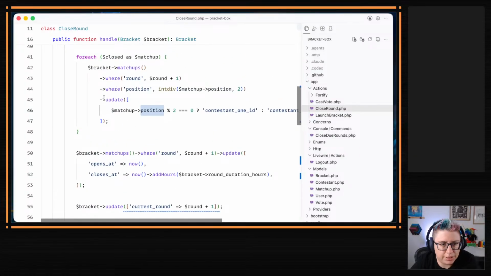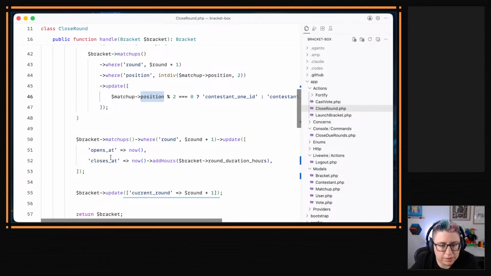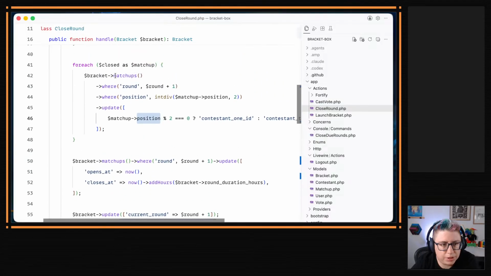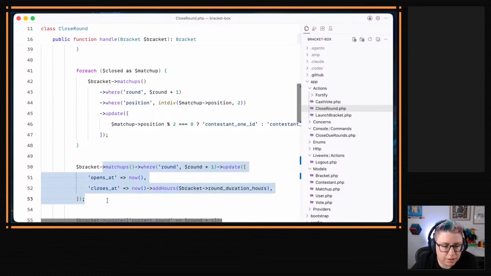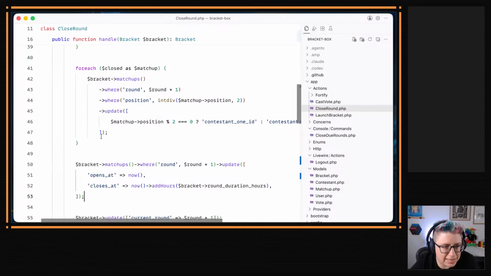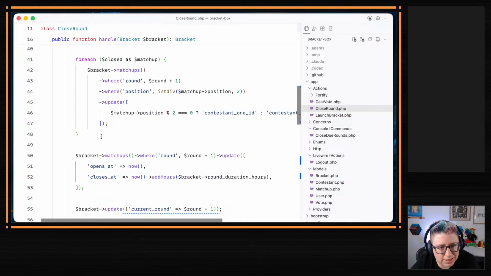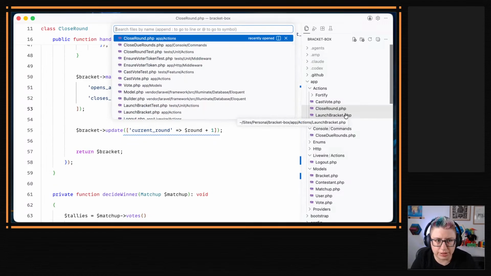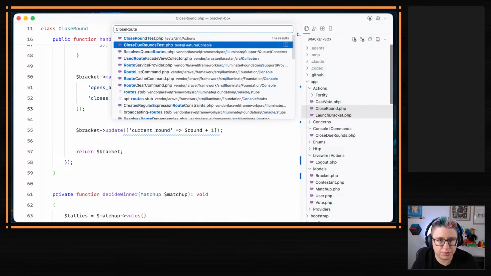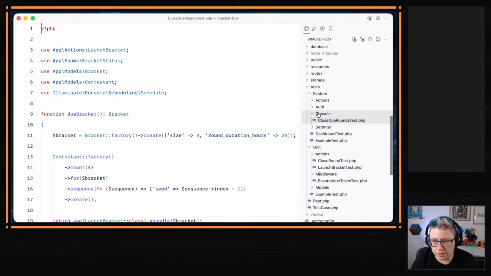Again, we're doing a lot of updating each individual thing. We're doing a for loop for updating each matchup for the next round, and then updating them all at once. As you decrease in size, the number of queries this takes is less. But again, I don't know. It works, I'm sure, so we can defer it. Close round. Again, this goes here because we're